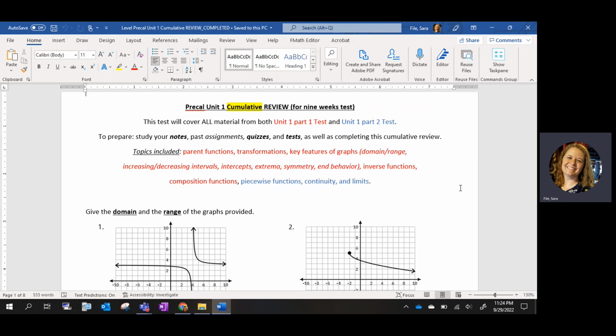And then I've listed here at the top of the review other ways that you could be studying. Your 9 weeks test is next Wednesday. So you've still got almost a week because you've got the weekend as well. So you can look at your notes, go through all of your notes that we've taken from day 1 in